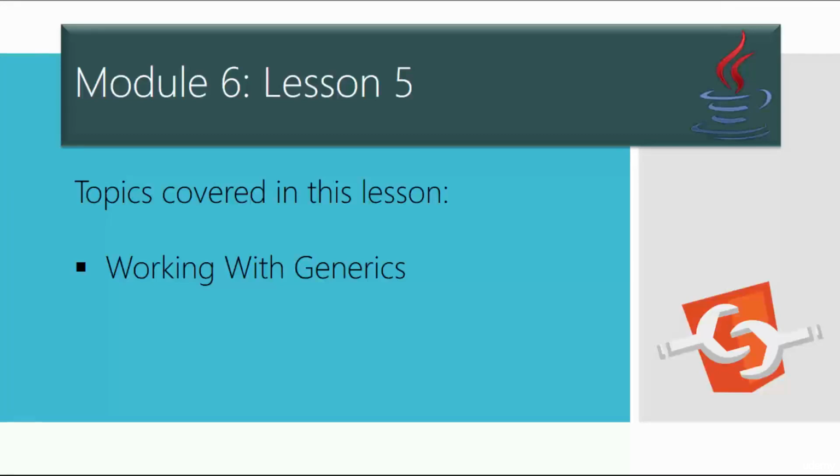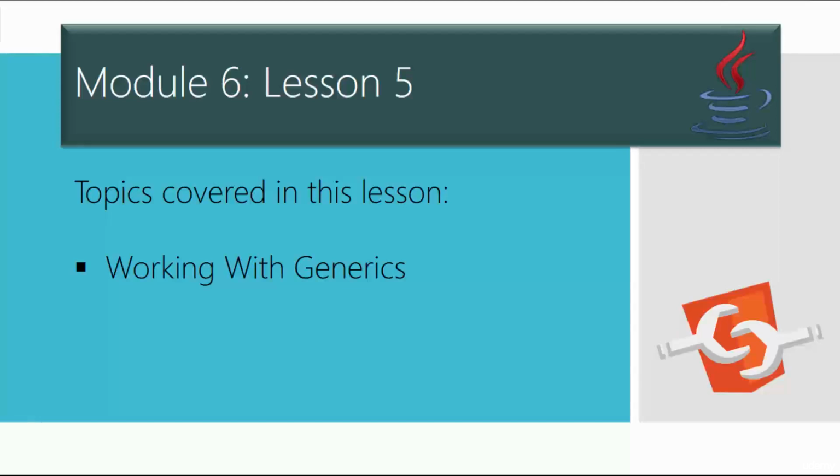In this lesson, I'm going to talk about the concept of Java generics. Now, before I get into the specifics of what Java generics is, it's important to understand the concept of array. I've done this in previous tutorials, but I'm going to recap here a little bit so that we understand the